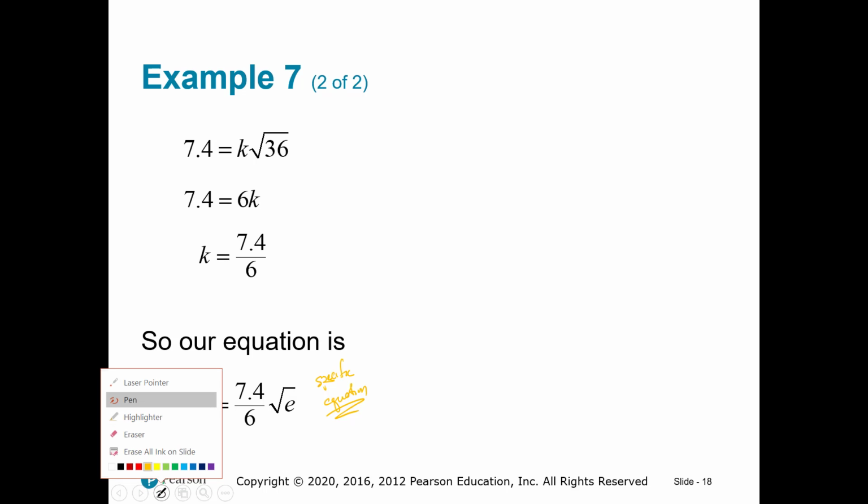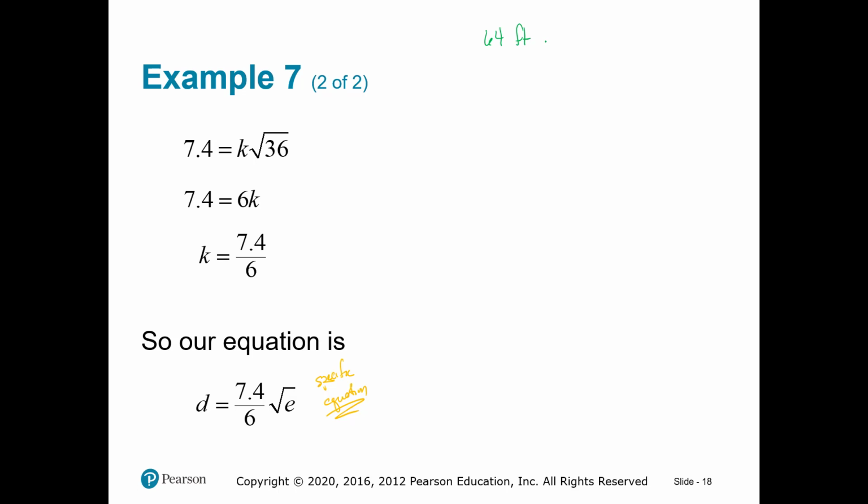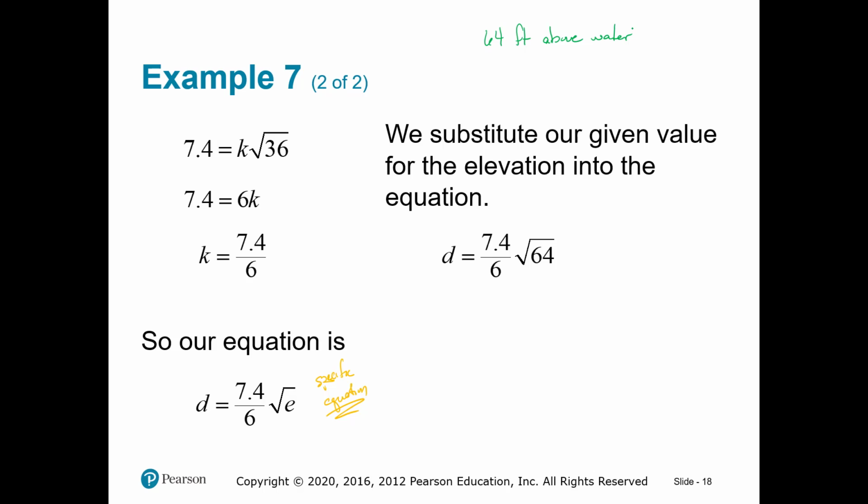Now, remember, the problem also asks, well, how far can a person see when they're 64 feet above the water? 64 is that elevation, isn't it? Right? They plugged it in. They're doing their math, and it looks like they can see 9.87 miles to the horizon. Good? You with me? Okay, cool. These problems are not that